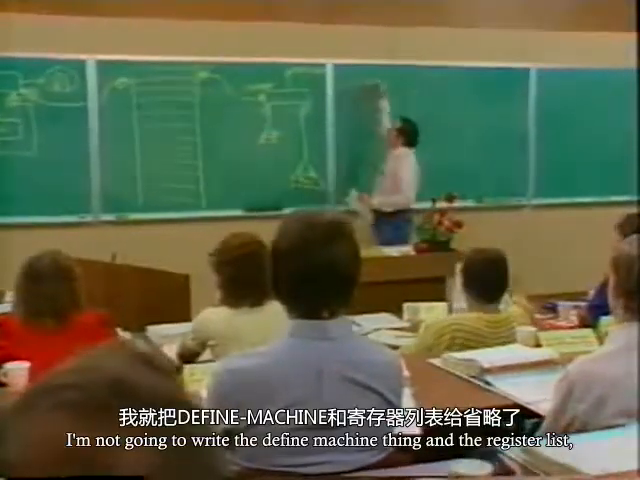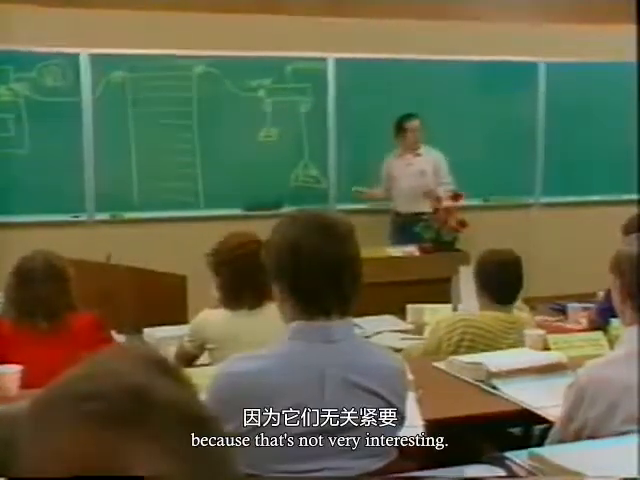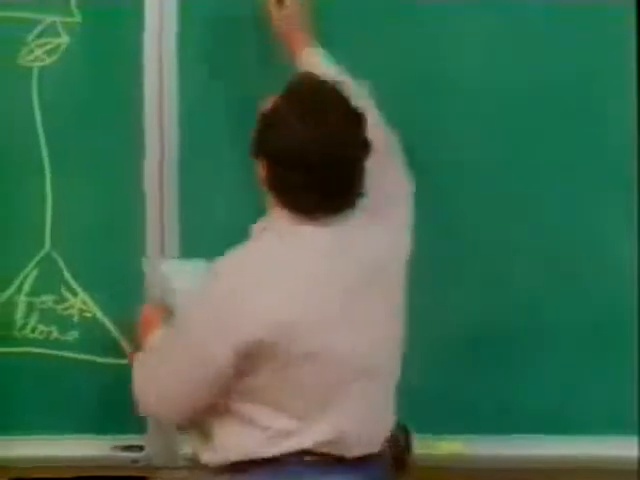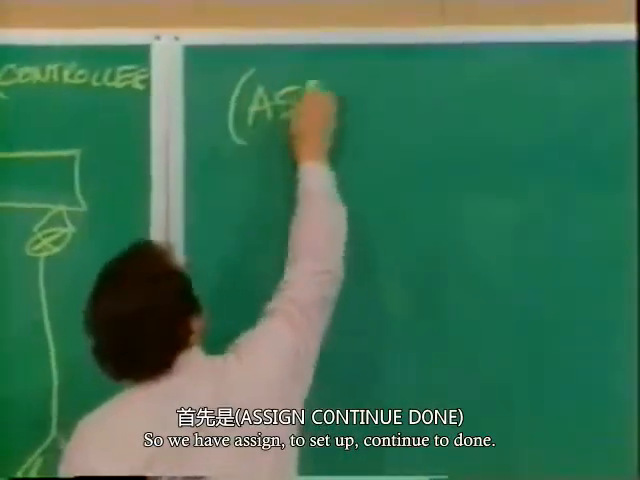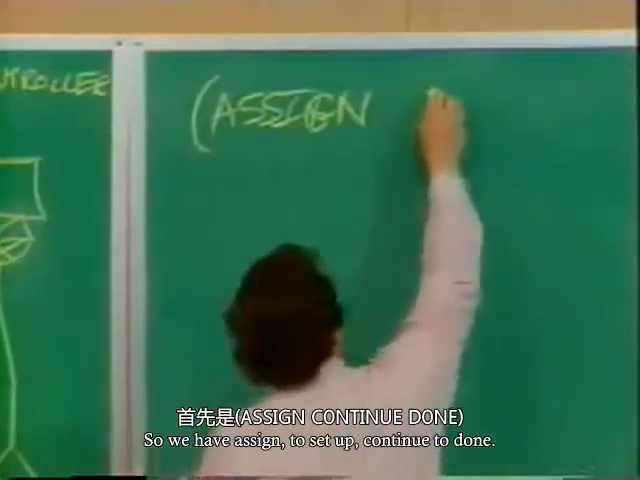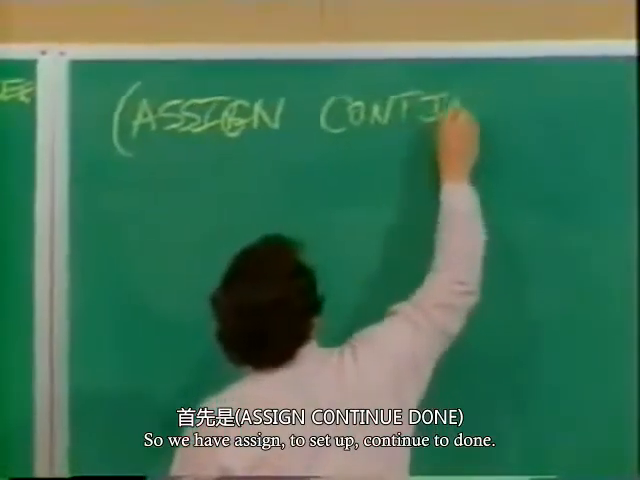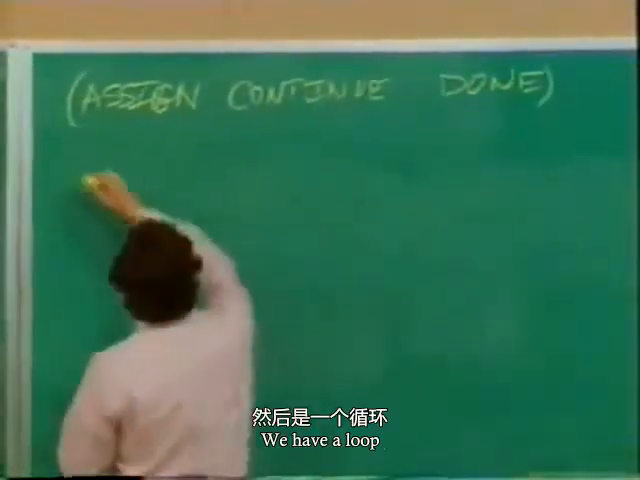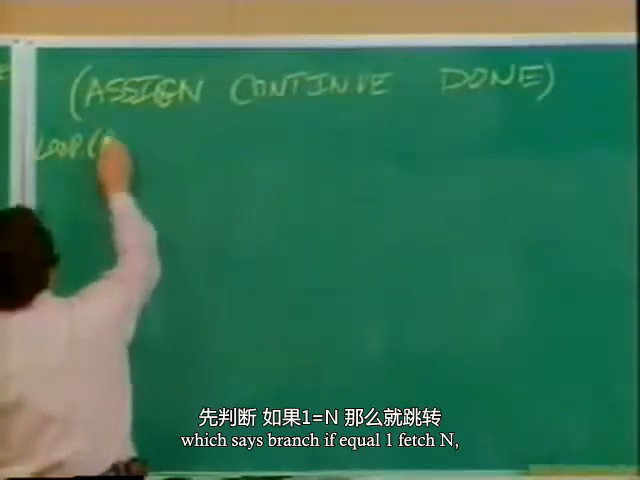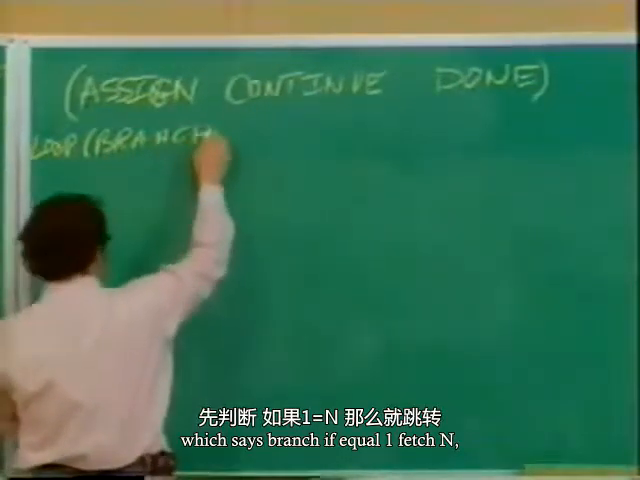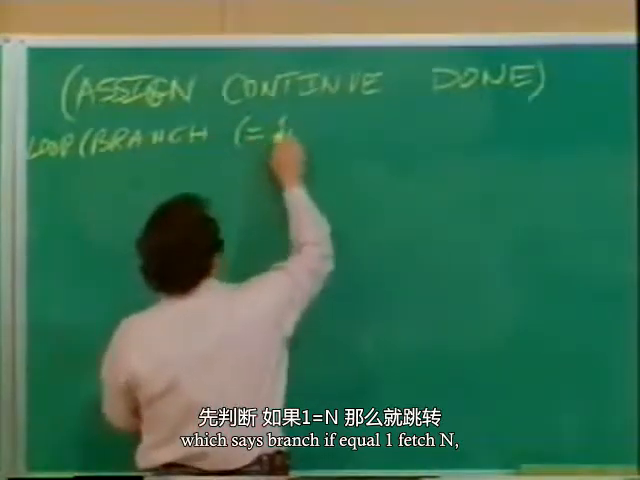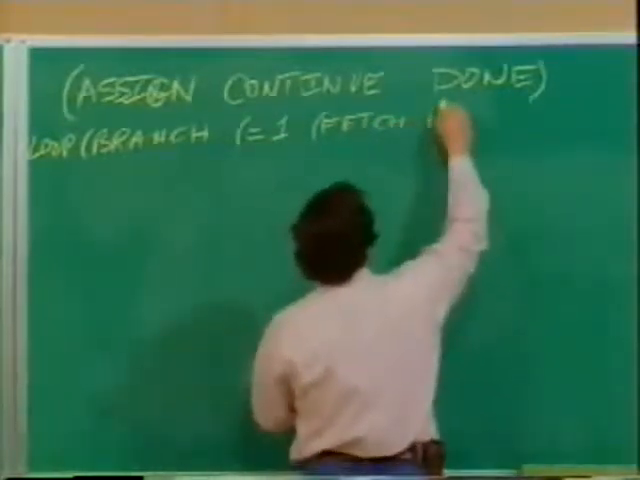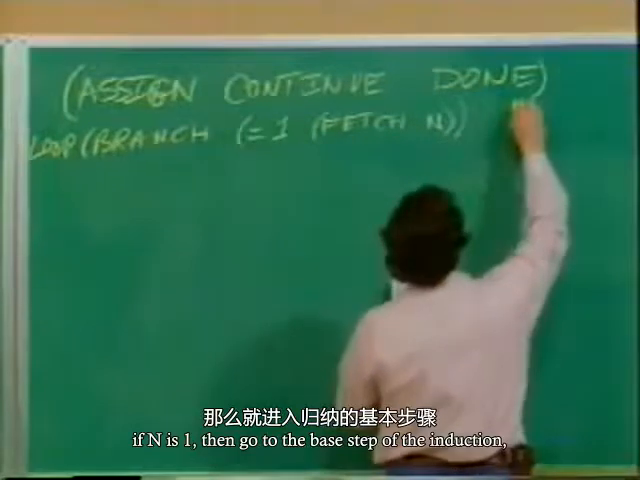I'm not going to write the define machine thing and the register list because that's not very interesting. I'm just going to write down the sequence of instructions that constitute the controller. Okay? So we have assign, to set up, continue, to done, we have a loop which says branch if equal 1, fetch n. If n is 1, then go to the base step of the induction,